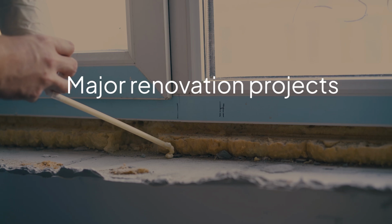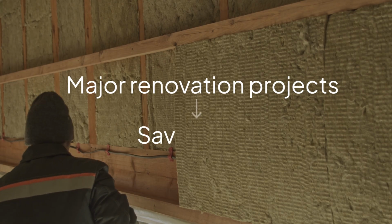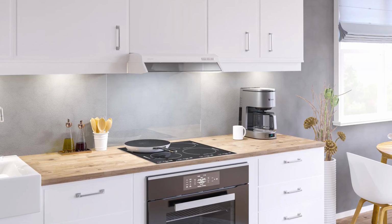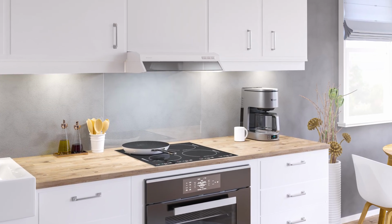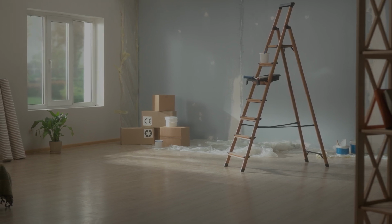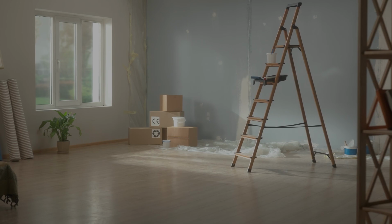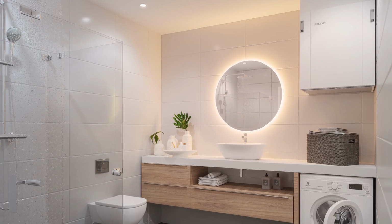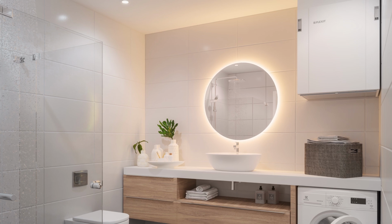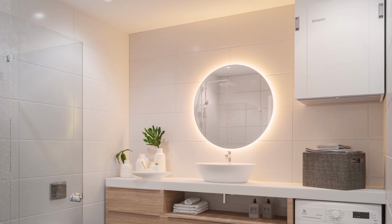Major renovation projects involving additional insulation, window replacements, ceiling, and facade modifications aim to save energy. However, these measures only achieve their goal if balanced ventilation with heat recovery is installed. If a home is sealed without installing balanced ventilation with heat recovery, it will not be able to breathe or expel moisture. A tightly sealed home without ventilation results in poor indoor air quality, stale air, unpleasant odours, and moisture